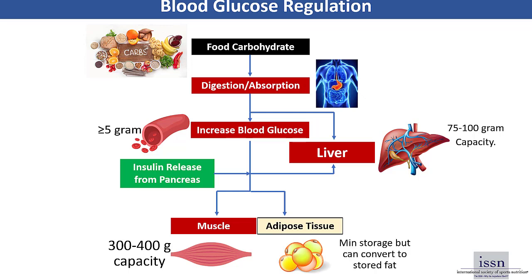It's also important to remember that insulin can help drive glucose into adipose tissue. There's minimal storage of glucose as glycogen, and when carbohydrate is in excess, adipose tissue or fat tissue can begin to convert excess glucose to fat. The same is true within the liver. The liver can begin to convert it to triglycerides, which are added to a lipoprotein which is released into the blood.